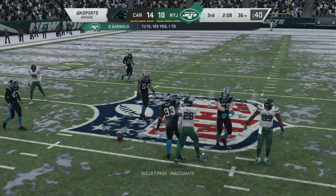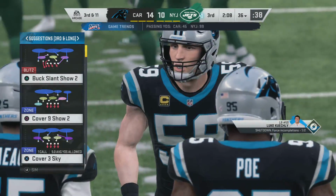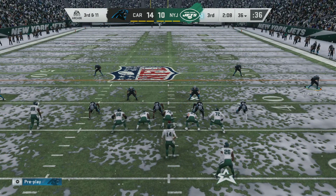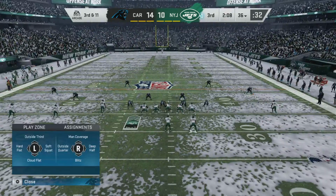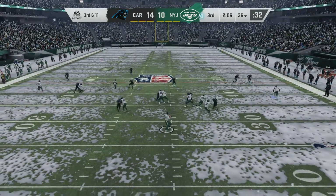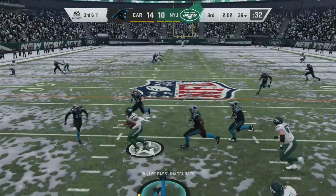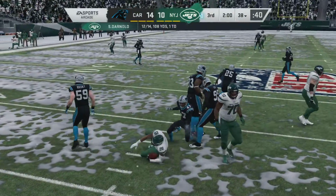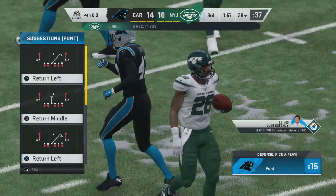Now, meanwhile, here's a 2nd down throw that's knocked away and incomplete. The all-pro linebacker Luke Kuechly right there on the coverage, stride for stride. An incomplete pass on that last play, and that means they'll need to come up with something here on 3rd down. Got his man complete over the middle. It's Bell, and he can only manage to take this thing to the 38, well shy of the...